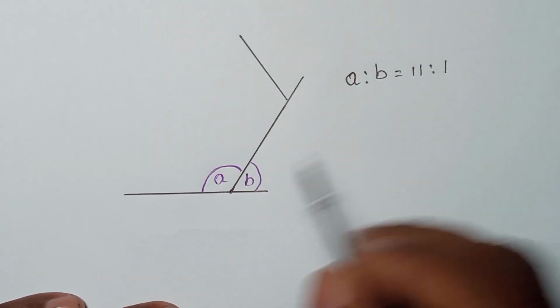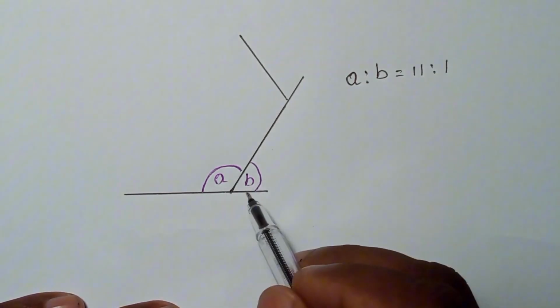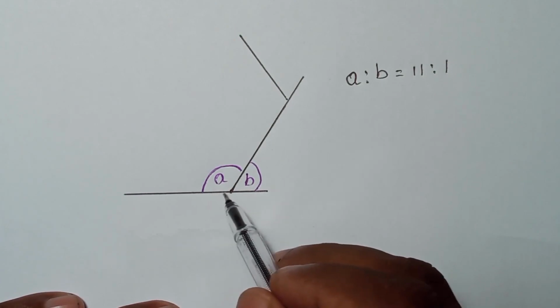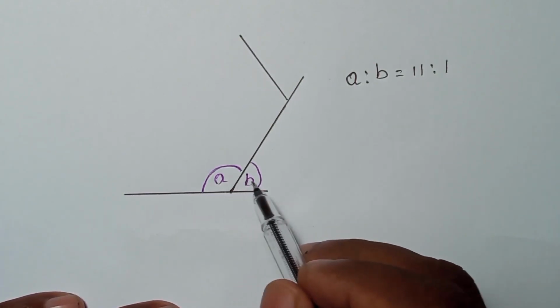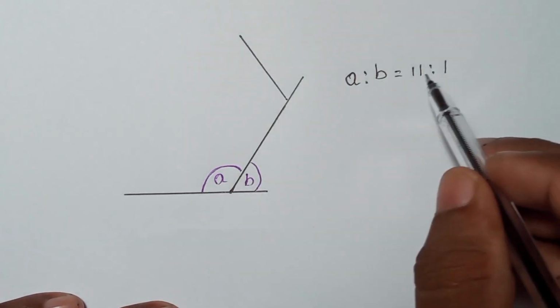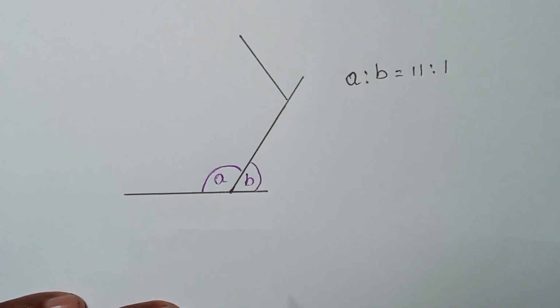Okay, now we know these two add up to 180, because this is a straight line, right? We extended one side, so this adds up to 180. A plus B should be 180. Same way, that means this total, right? When we learn from previous years, when you have a total, how to distribute